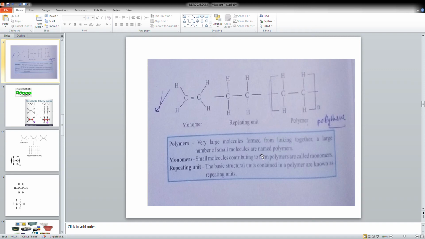Okay, now let's see ethene. Ethene is the basic alkene. Based on ethene, we can get other derivatives. A new word for you: derivatives. Here, instead of these hydrogen atoms, we can substitute other atoms. By substituting other atoms for the hydrogens, we can get new compounds. They are called derivatives. Let's see some of them.